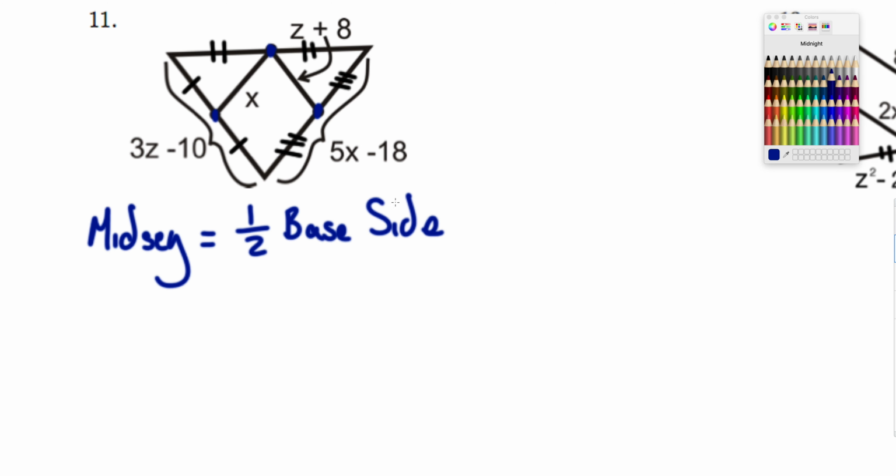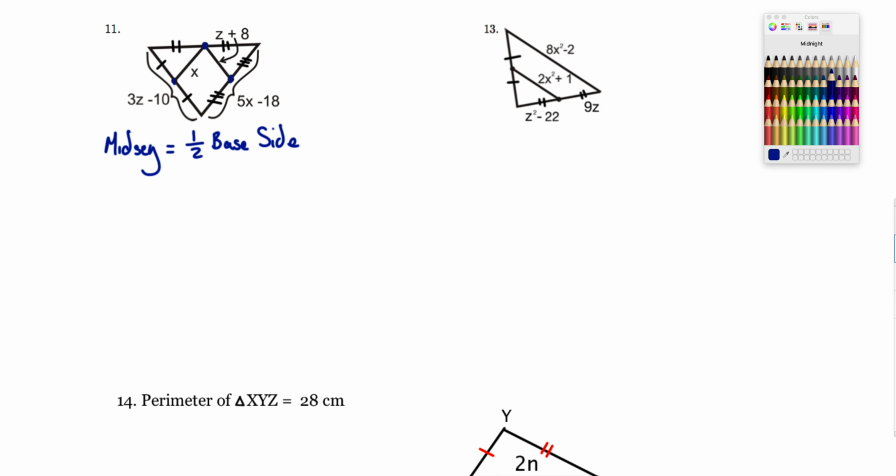right? Or I could say the base is 2 times the mid-segment. Let's just say ms. Okay, so how about we do that? We'll use this one. So the base is 3z minus 10. Let's substitute the expression